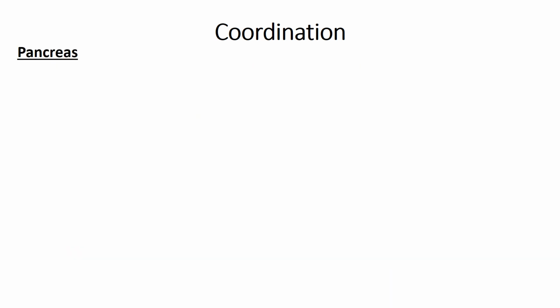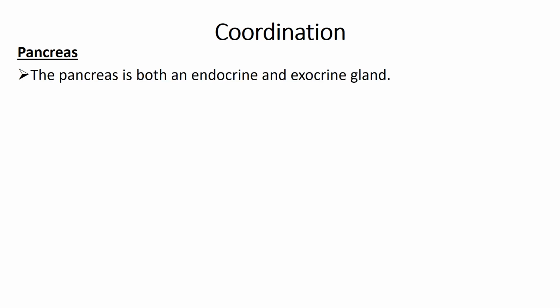Next, we go to the pancreas. The pancreas, we discussed it when we were studying osmoregulation, or homeostasis, I mean, where we talked about how glucose levels are maintained in the body. The pancreas is both an endocrine and exocrine gland. What does this mean? We are looking at the endocrine system here. So the pancreas secretes hormones for the endocrine system, but it also secretes other substances or chemicals for a non-endocrine system,